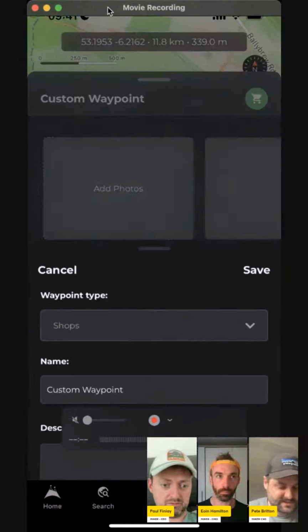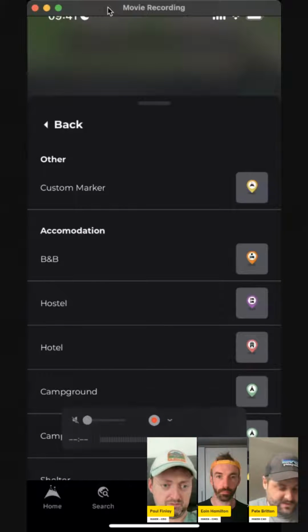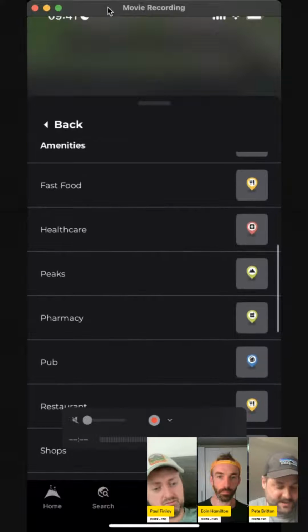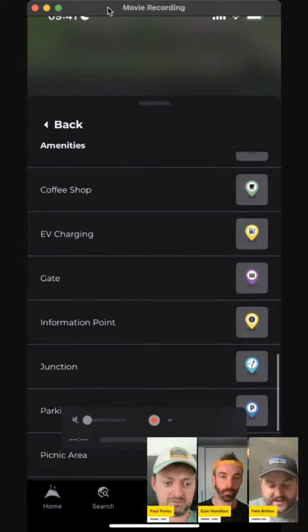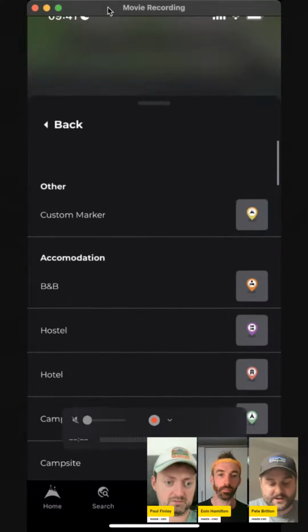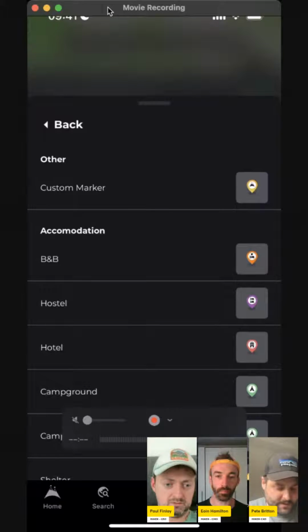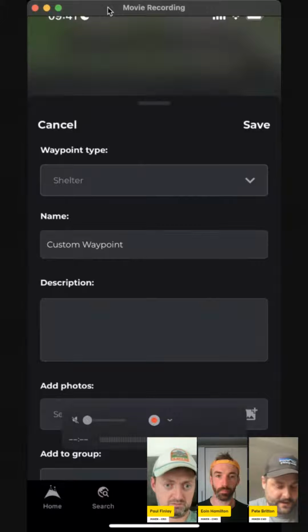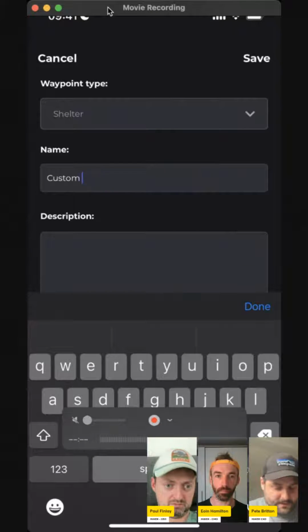So I've decided that I want to save a location for Anacreevy Woods, and these are all of our types here. We've got accommodation types and amenity types, so it's just a handy way to identify some of these markers and give them an icon. I'm going to put this back to maybe, so say I found a shelter in that area, I'm going to put that in there. I'm going to give it a name, which is